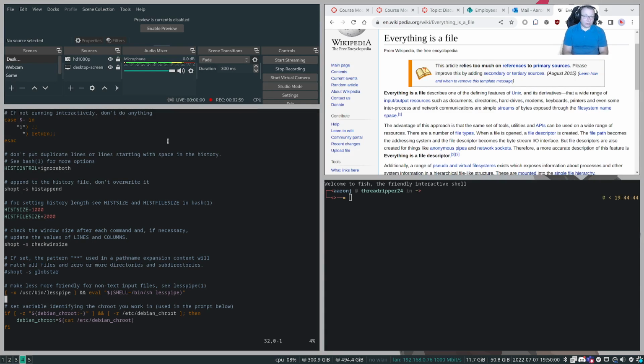There is no central registry, and you can pretty much gain access to and deal with everything related to the system via some kind of file-based interface that functions kind of like an API for literally everything. I think it's one of the greatest and most powerful pieces of what makes Linux Linux: no matter what you want to gain access to, no matter what you want to change, no matter what configuration you want to make, you can go in and make those changes as long as you know what files to manipulate,